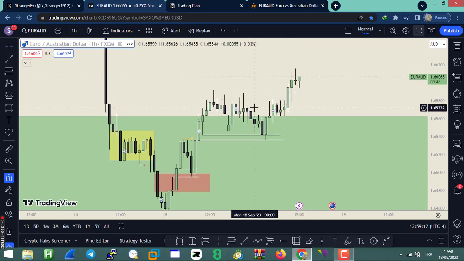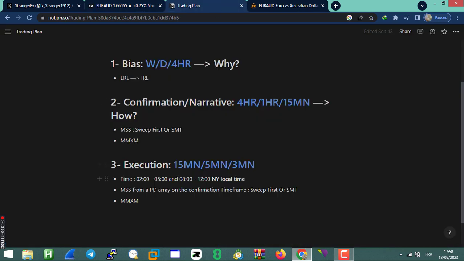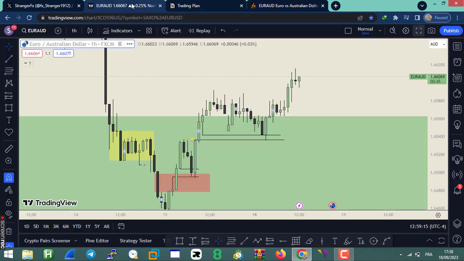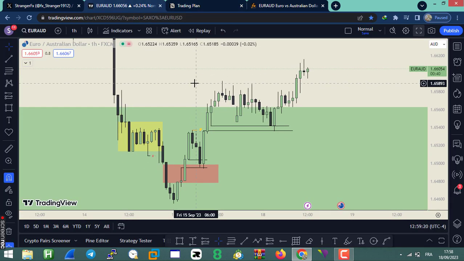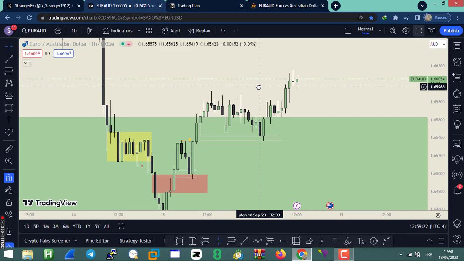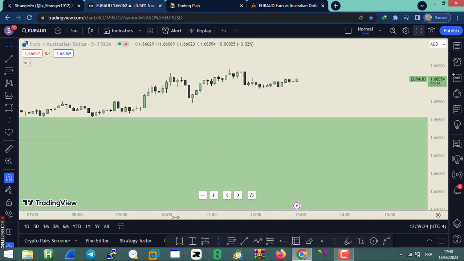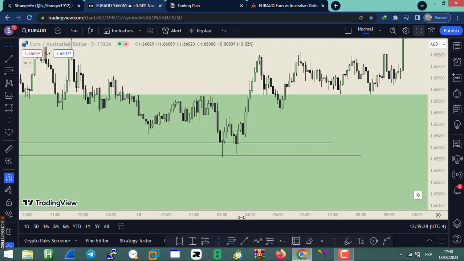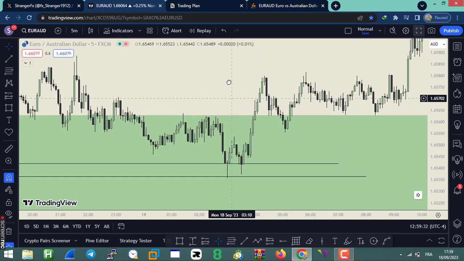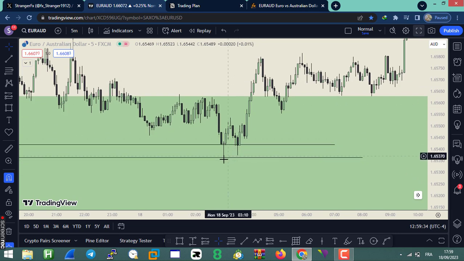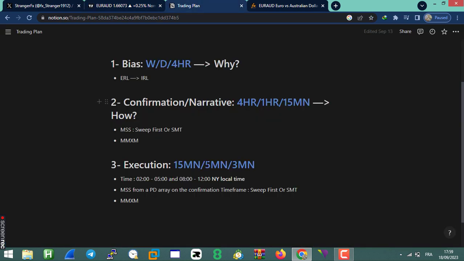When price retraces to the first PD array, you want to go to the lower time frames, and in our case, we're going to use a 5 minute, and you're going to look for a market structure shift from that PD array. So let's drop down to the 5 minute chart, and as you can see here, we have that market structure shift right here, right? This is a market structure shift. We don't have a sweep, right? So you can see that we don't have a sweep, but we want to see a sweep or an SMT